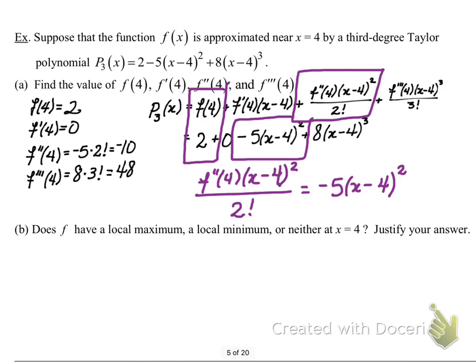The way I found the value of f of 4 and f double prime of 4 was I set these pieces equal to each other, and these two pieces equal to each other, because they must be equal. And f of 4 is quite obviously 2. F double prime of 4, in order to solve for it, you need to,